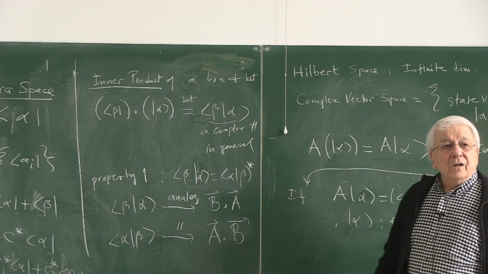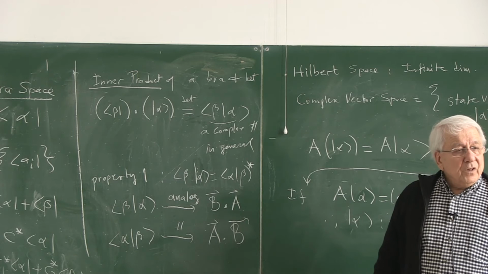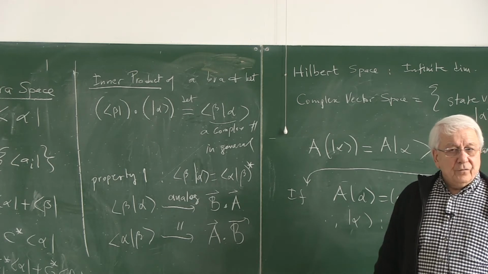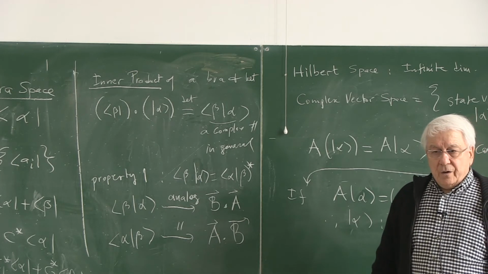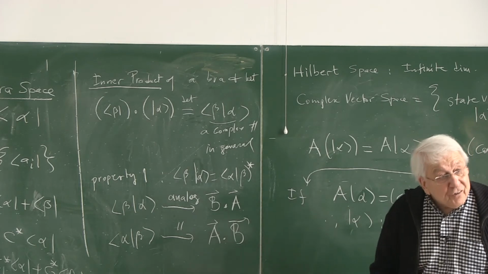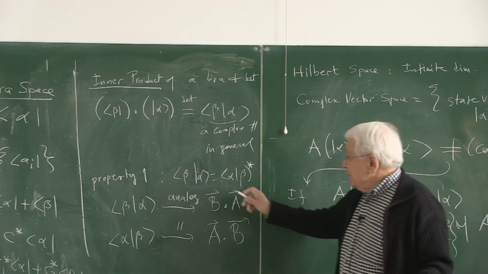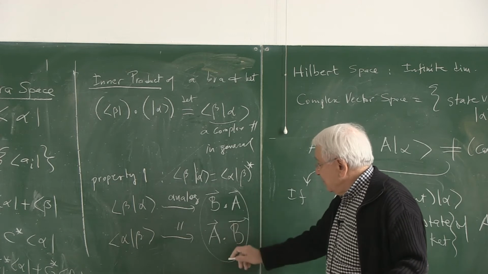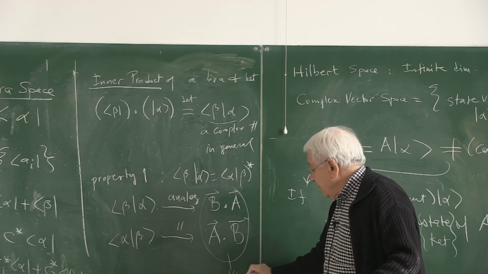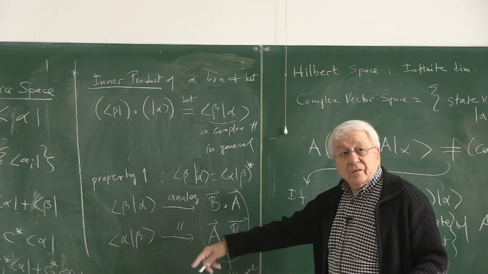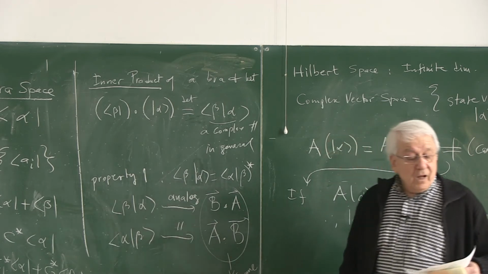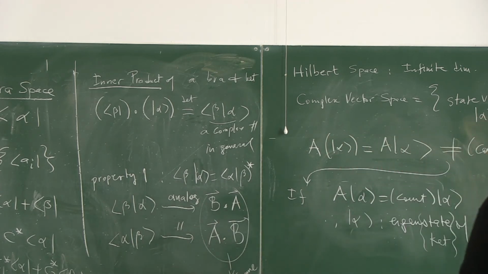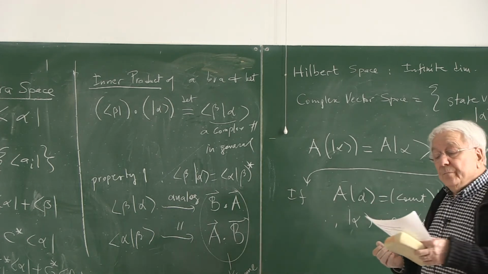Notice that although they are analogous, one thing which puts a distinction from the ordinary real three-space is that although these are the same, right? And this is not the same. So pay attention to the fact that it's a property of the complexity of the space that alpha beta and beta alpha bracket are not the same. Okay,